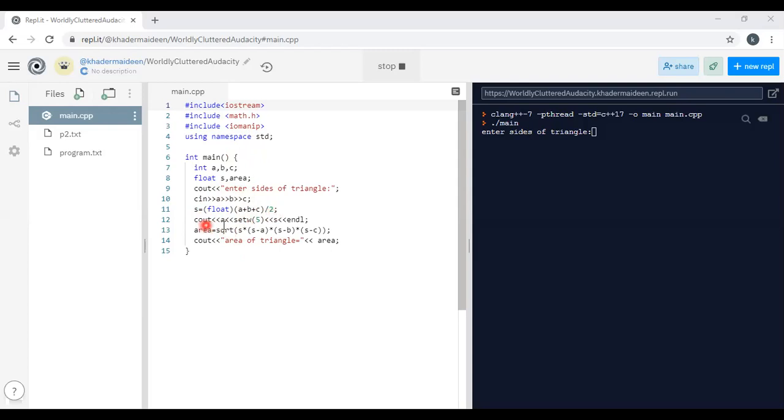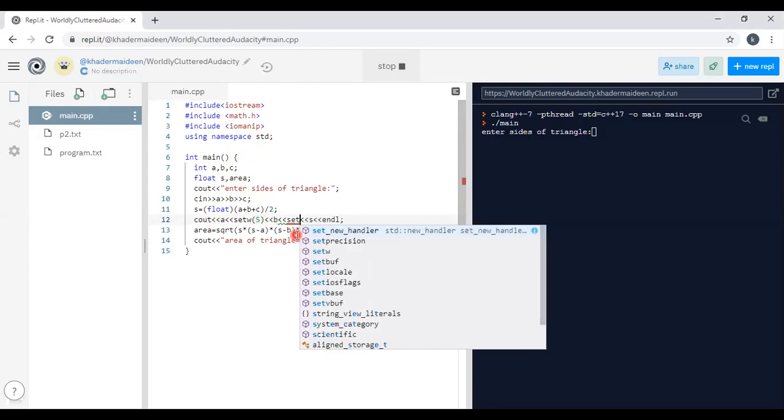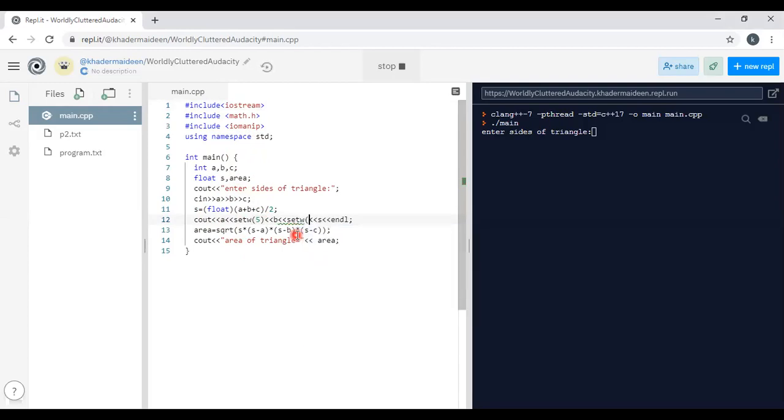Then cout a. If you want to display b, then I am using the manipulators that I will explain later. setw is used to give spaces. This manipulator is used for giving the spaces.